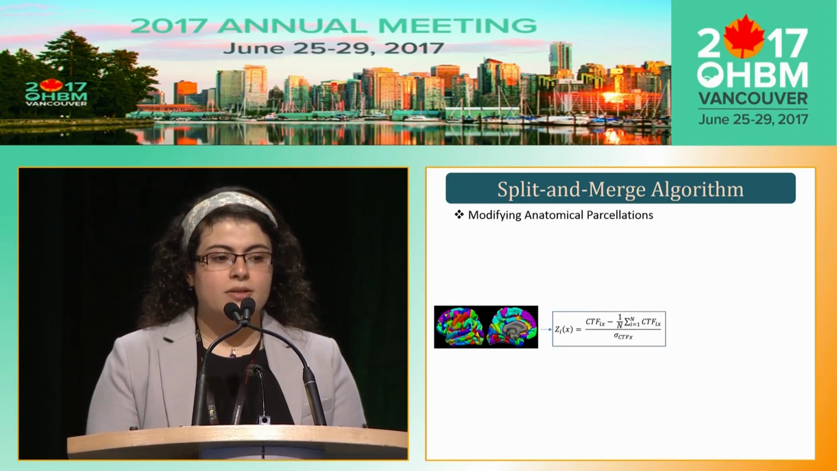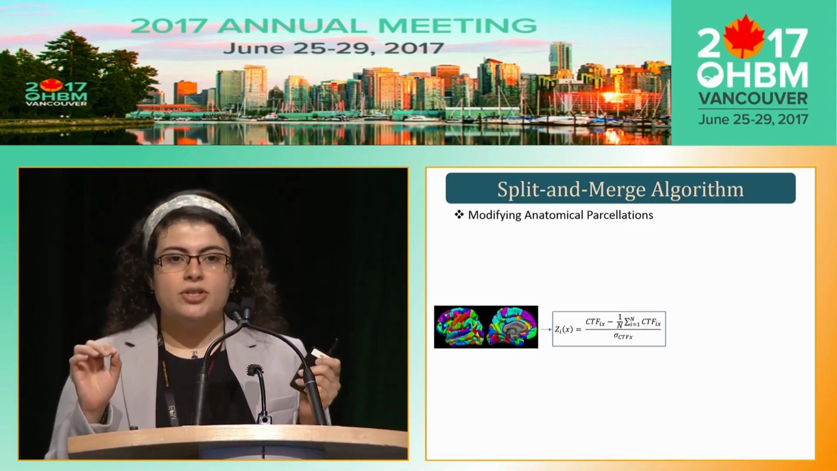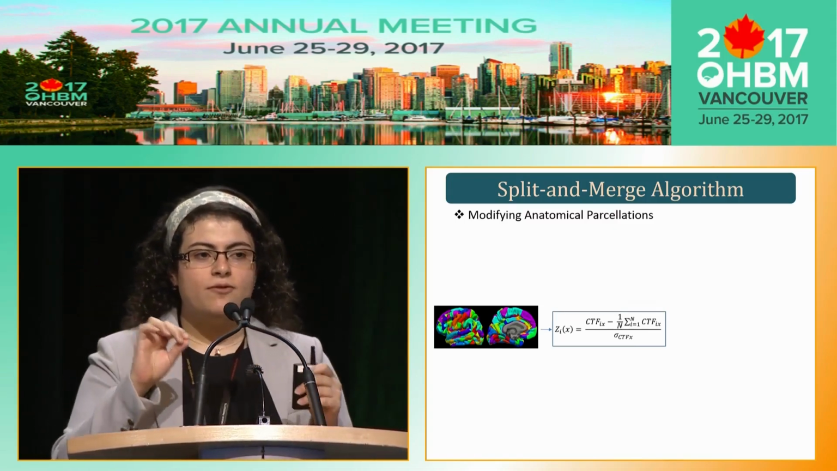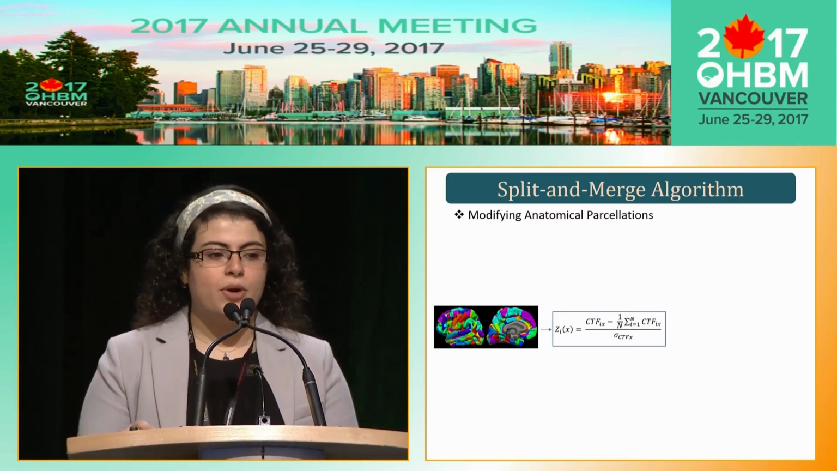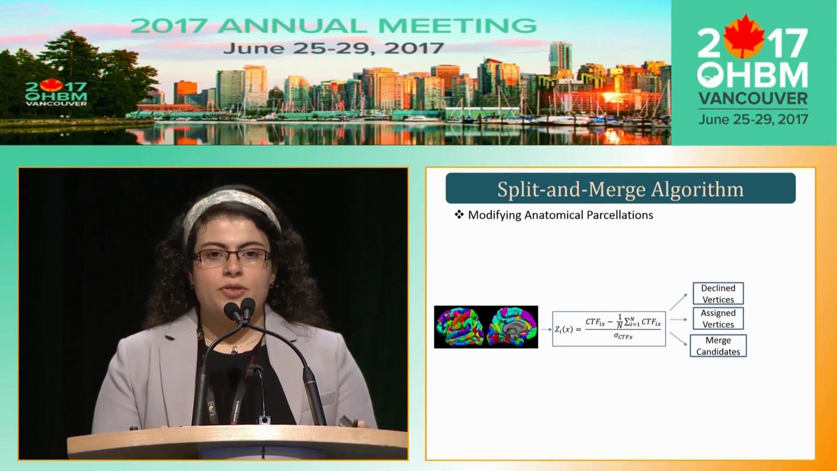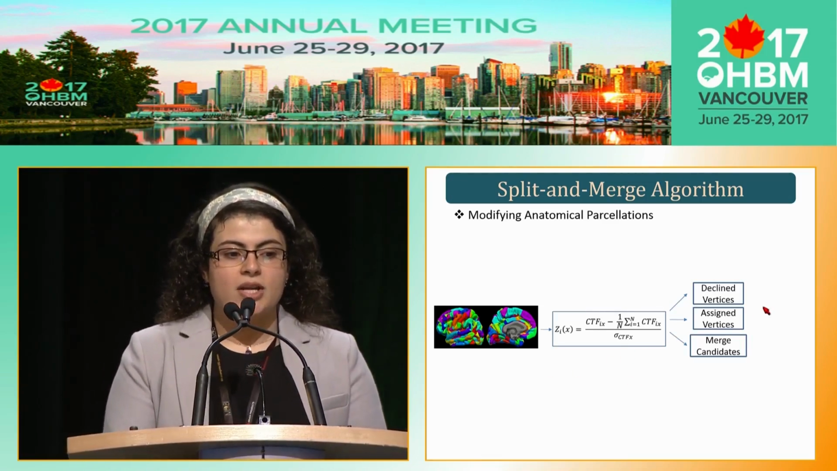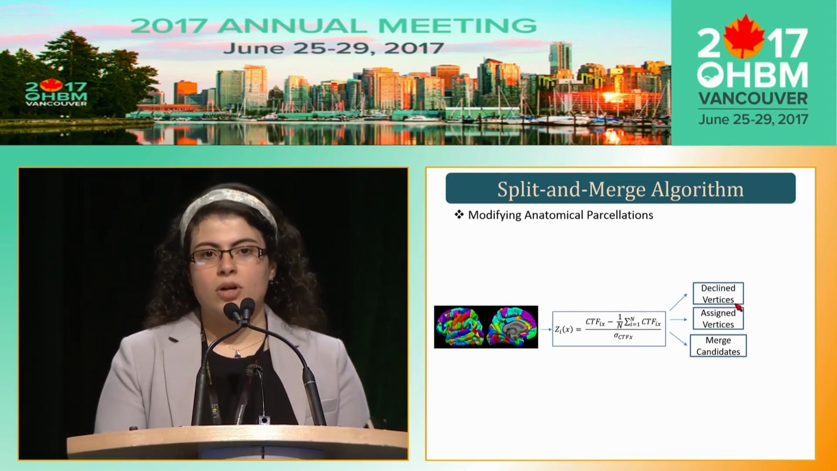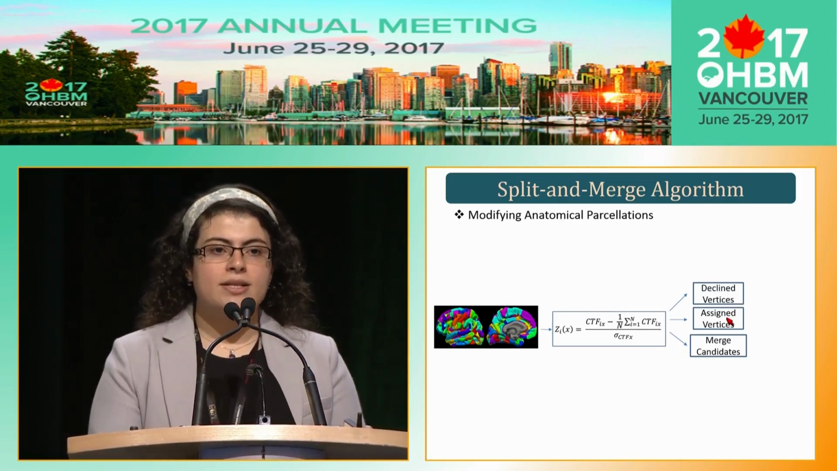Based on these split parcels, we found the crosstalk functions, and we applied a Z-score criterion, and what this Z-score criterion is going to tell us is that for every vertex in the brain, how sensitive it is to each ROI as compared to the rest of the ROIs in the brain. Based on this Z-score, we identified three sets of vertices. Declined vertices were the vertices that were insensitive to all of the ROIs in the brain. Assigned vertices were the vertices that were highly sensitive to one